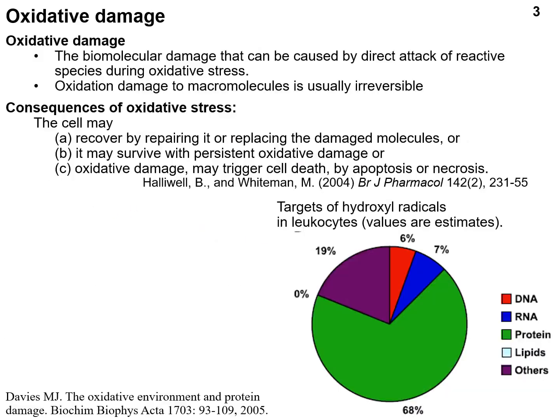So when we're discussing oxidative damage, you just need to be aware of some definitions. When we're referring to oxidative damage, we're referring to the direct attack of reactive oxygen species during oxidative stress on macromolecules such as proteins, lipids, and DNA, and so on. The other point I would make is that normally these reactions are irreversible. So for example, if the protein is damaged by hydroxyl radicals,